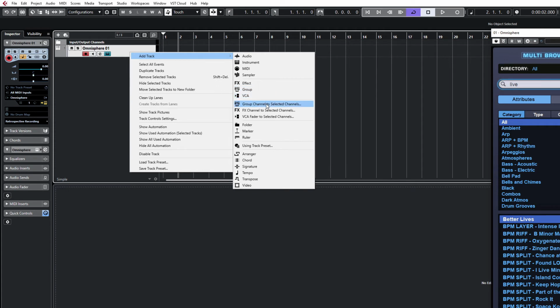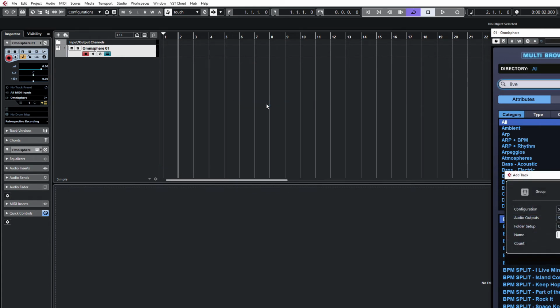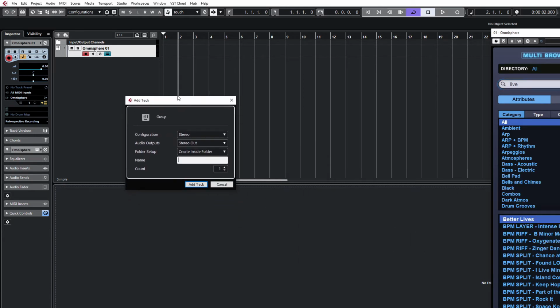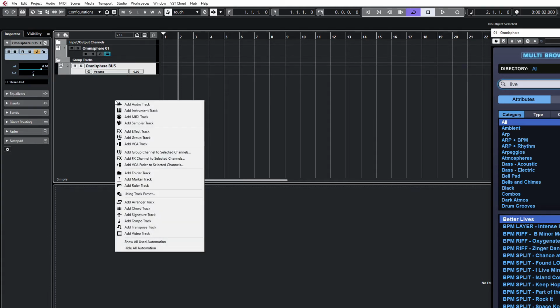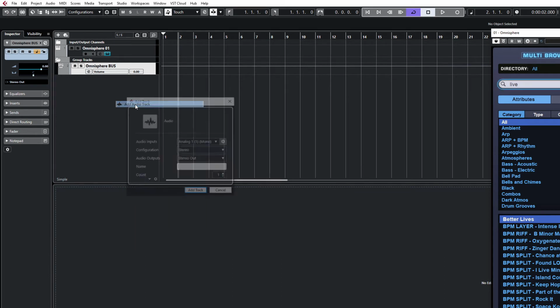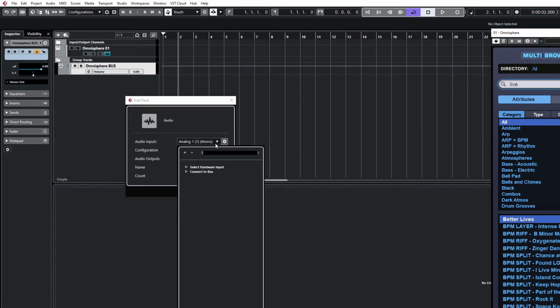So if I say group channel to selected channels, I do that, and we get this little screen up here. Just move it so you can see it, and I'll call that Omnisphere bus. Okay, now what we need to do now is add an audio track, and we'll make sure you select stereo,